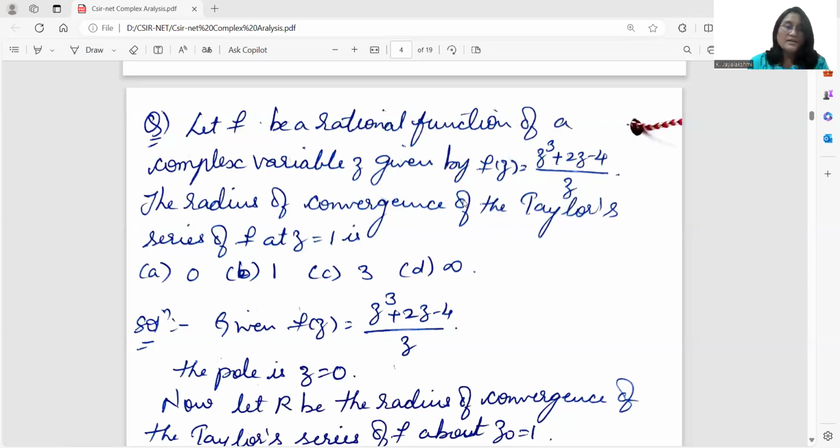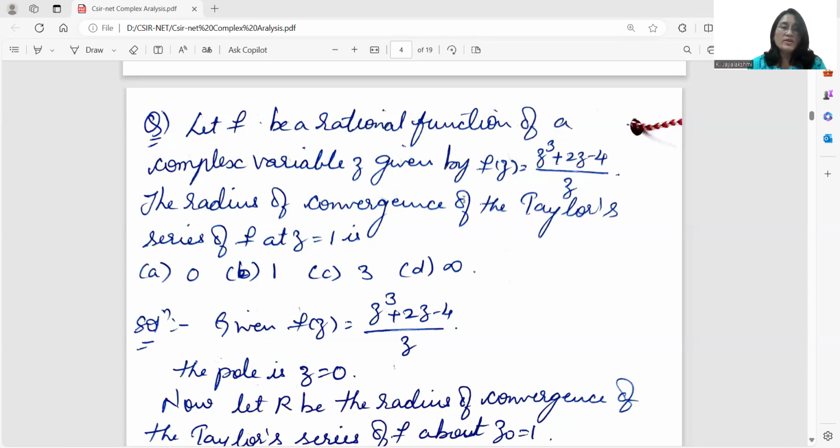Hey there, I'm back again, and today the questions that we are going to solve are completely related to the radius of convergence. And here, the question that appears before you on the screen is: let f be the rational